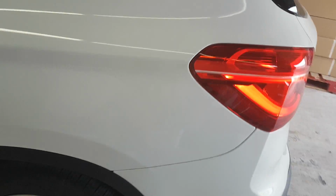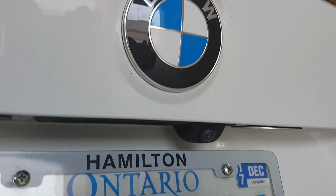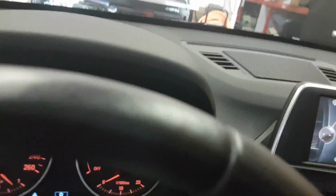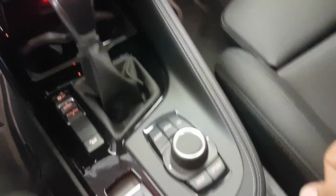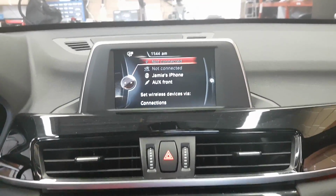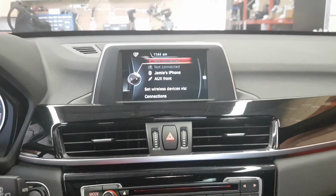Today I want to show you our Android screen that we're gonna install in a 2016 BMW X1. The car came with the original backup camera. This is the original screen. It's a 7-inch screen. It's not a touch screen. It's controlled by the iDrive of the car. So we're gonna add an Android system with a bigger screen, obviously, and I'll get back to you right after the